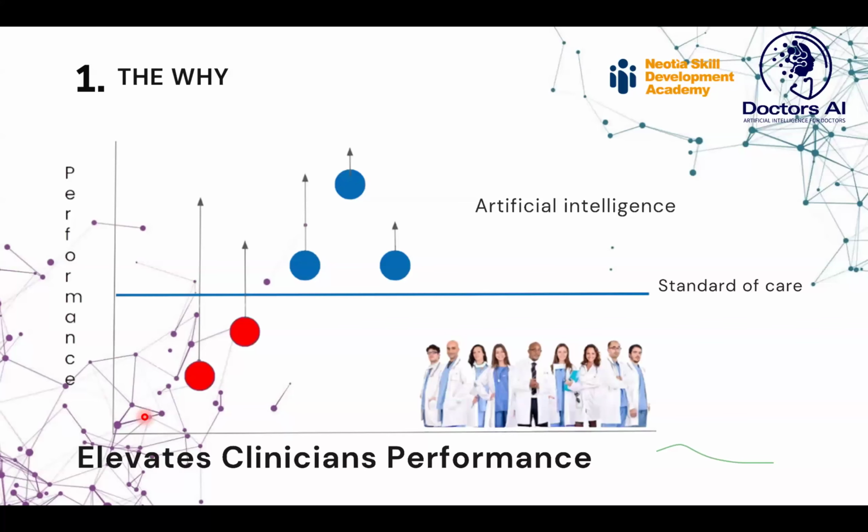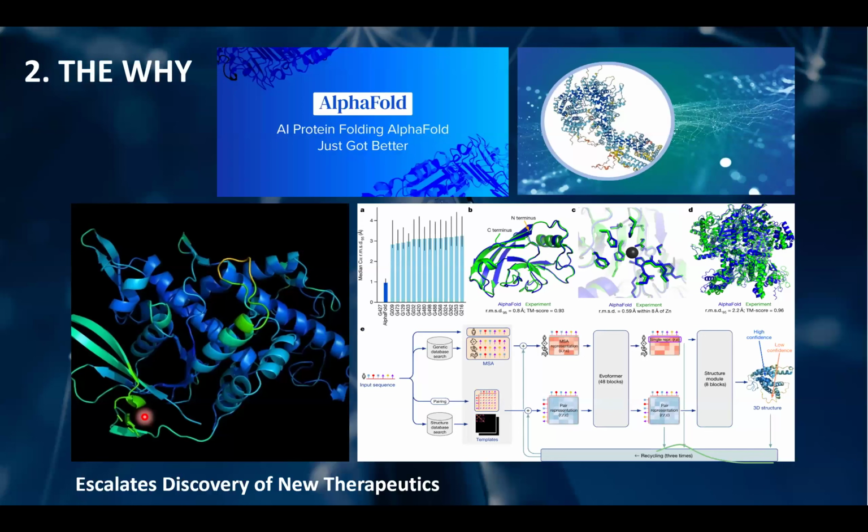Number one, it will elevate clinicians' performance. So it's no longer the standards of care, but it is more precise and more personalized care. And AI will be able to help us get an elevation in the performance with augmented intelligence. The drug discovery is one segment that will really completely change the paradigm of healthcare, because you will find more and more drugs being discovered in shorter periods of time. That's what AlphaFold and all the other models working on drug discovery are going to bring in.